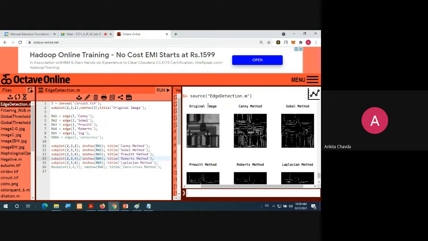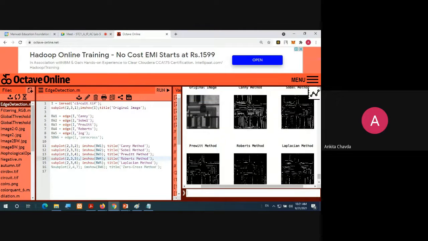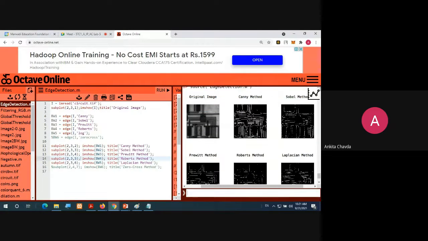This is your original image, with the circuit board. And here you are using this Canny method. They are finding the edges. This is what you are finding via Sobel, via this Prewitt it's like this, via Roberts like this, and via this Laplacian method, like this. So the best result you are getting with this Canny method, the Canny edge detection algorithm.